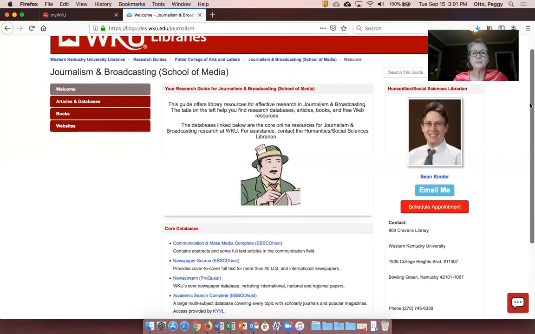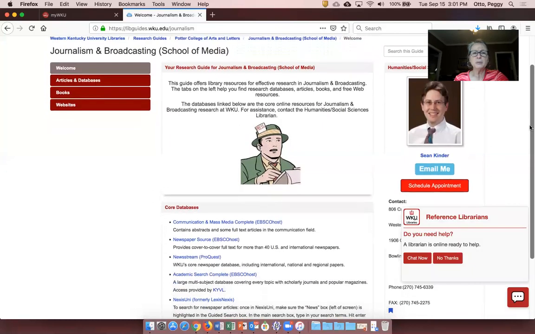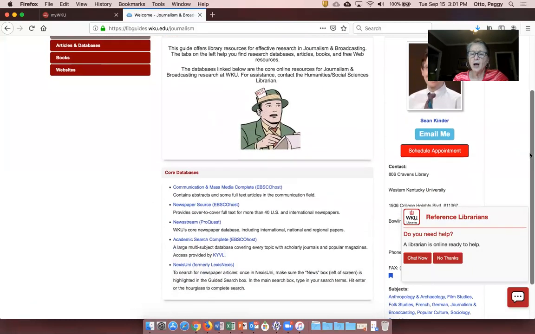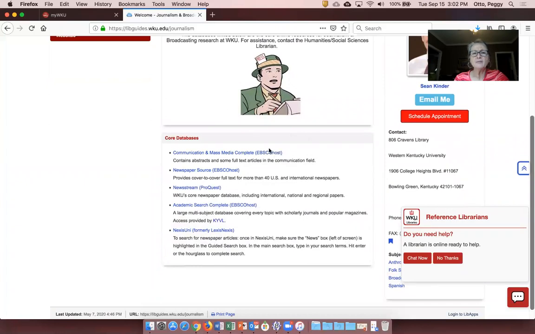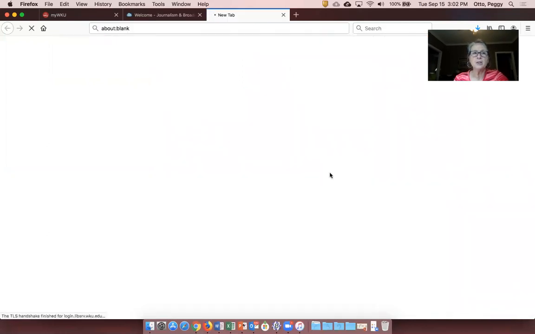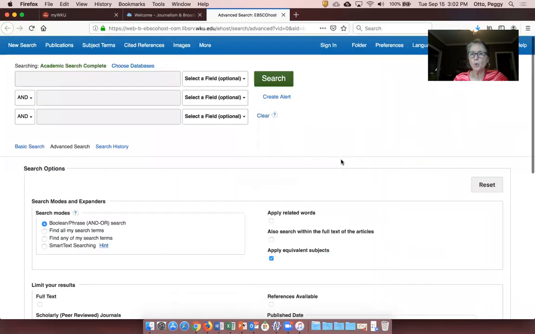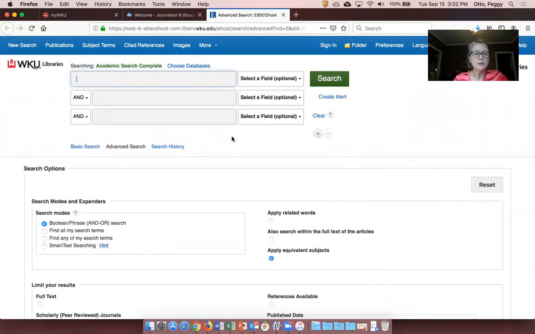And it tells you some things about locating articles in journalism and broadcasting. And then you'll see the core databases. A lot of these will use EBSCO. LexisNexis is specifically for newspapers. I'm going to go to Academic Search Complete, just a general source, since it shows me there's not really a more specialized one that I'm going to be able to use. So let's say that in journalism, I want to pull up